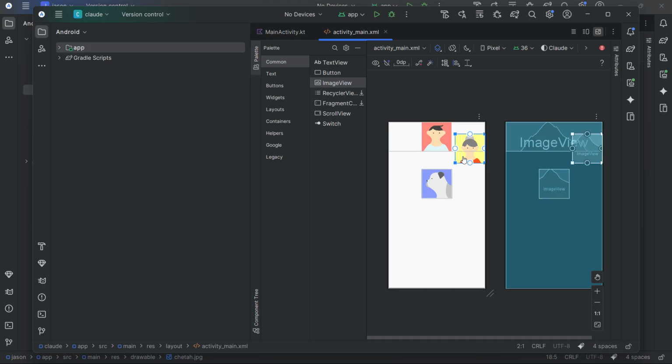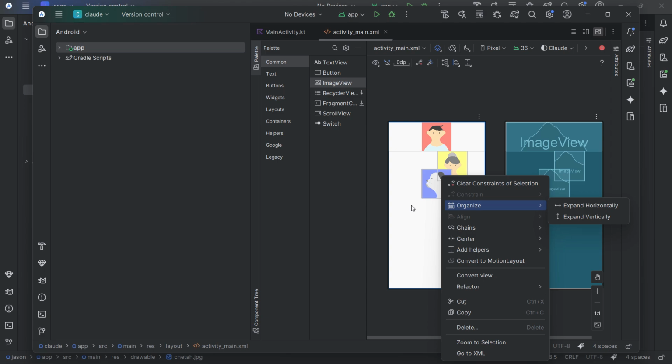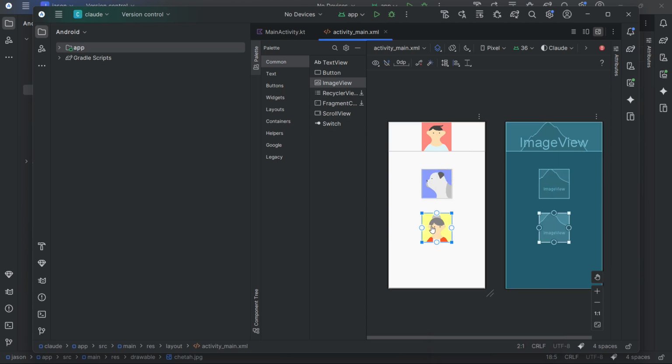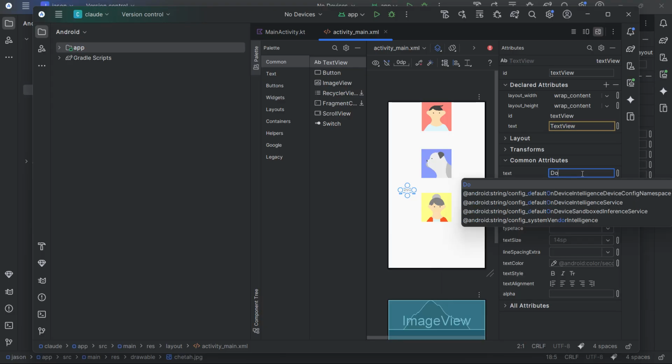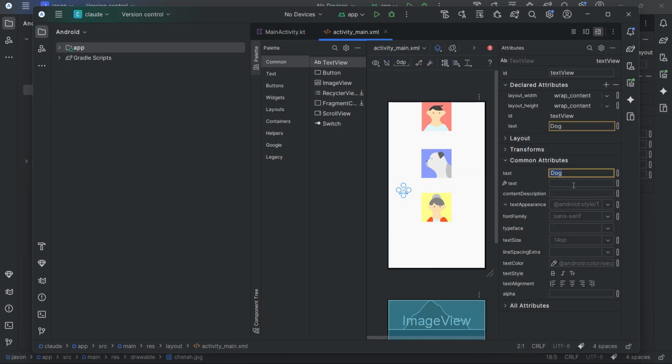So, this is an example of an image view. If you put a text view here, for example, and you want to change the text inside, you click attributes. For example, dog. Enter.